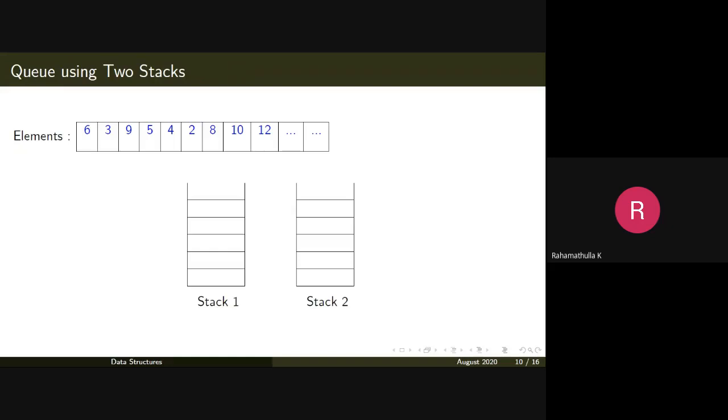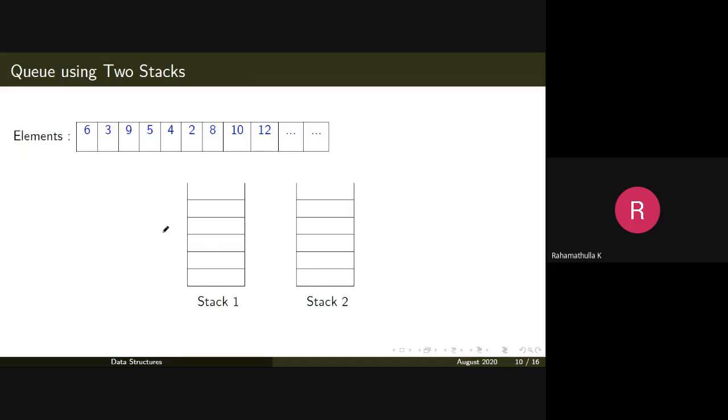Next, we'll discuss our first assignment in data structures. That is the implementation of a queue using two stacks. This is not a priority queue, this is a normal queue. So what you are given is two stacks, stack 1 and stack 2.